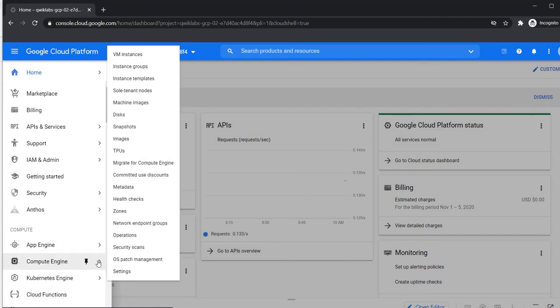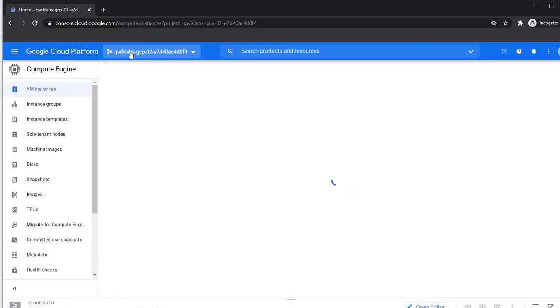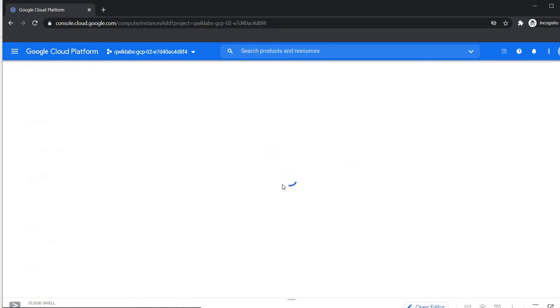Here you can see Compute Engine. In this you can see VM instances, and we are instructed to go in this. Then click create, because we have to create one VM instance as our task 1 from Google Cloud Console.